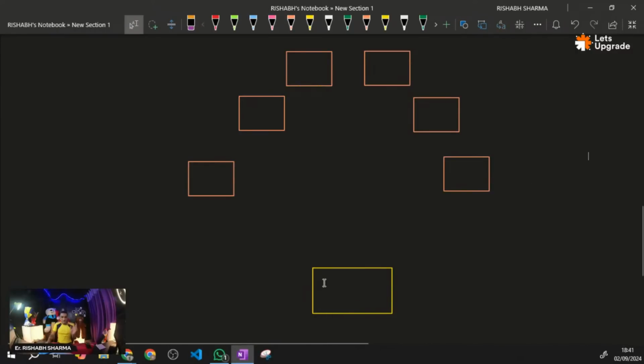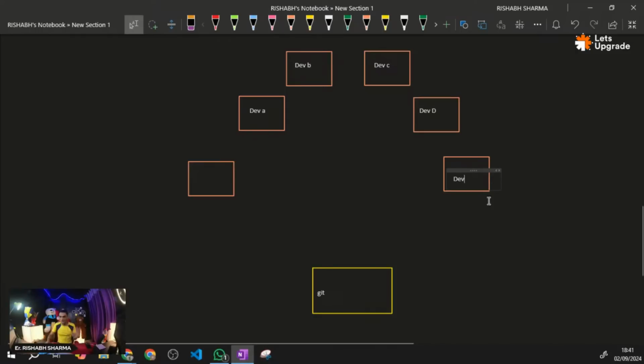Okay, so this is my Git. This is my developer A, this is my developer B, this is my developer C, and this is my developer D. Now what is this?